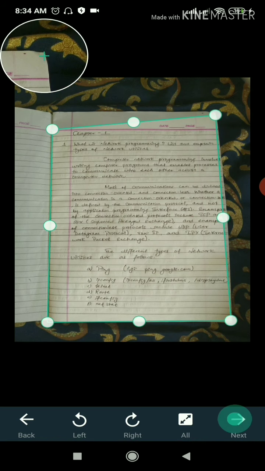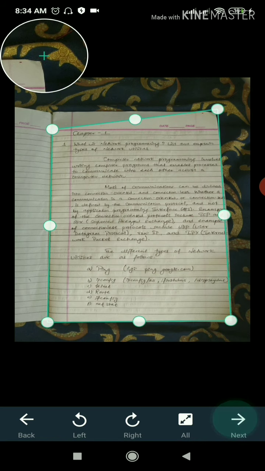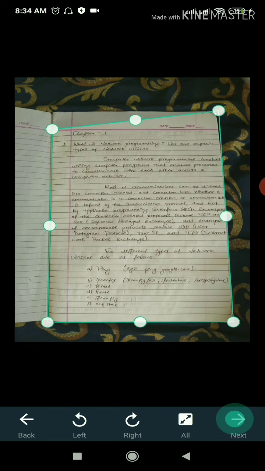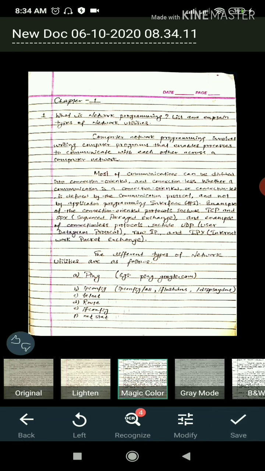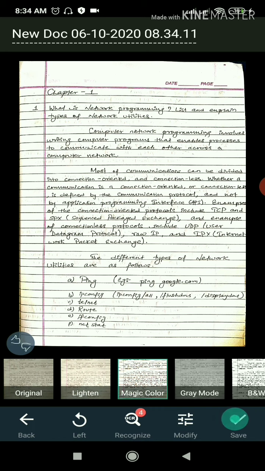See, I'm going to move this so that my copy will be covered properly, and I will move this upward, so the picture will not get any extra bed sheet or leg like mine. If I click next here, see, it is showing the blinking arrow sign for the first time. So I will click there, then it is the process of cropping. Automatically you will get the paper like this. See how clear it is now.